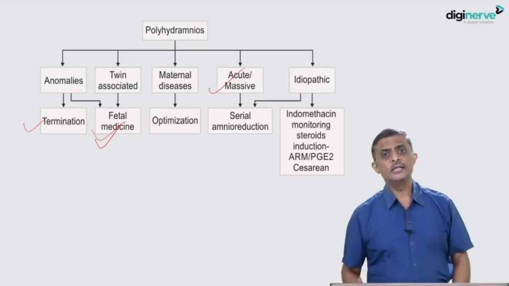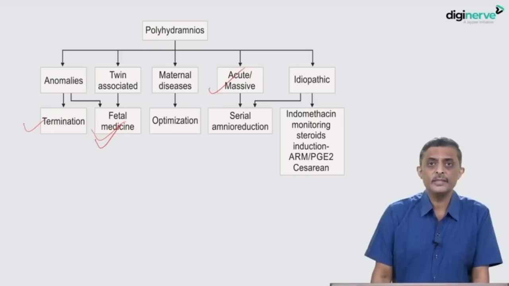So with this, we conclude the session on the liquor, the importance of liquor, oligohydramnios, some unfortunate cases of anhydramnios, and the problems associated with that. These things are most often asked as important short note questions, and in clinical case discussions, we expect sometimes, if you get a case of GDM or hypertension or IUGR, that you may have to say a few words about oligohydramnios, polyhydramnios, and some management options that are